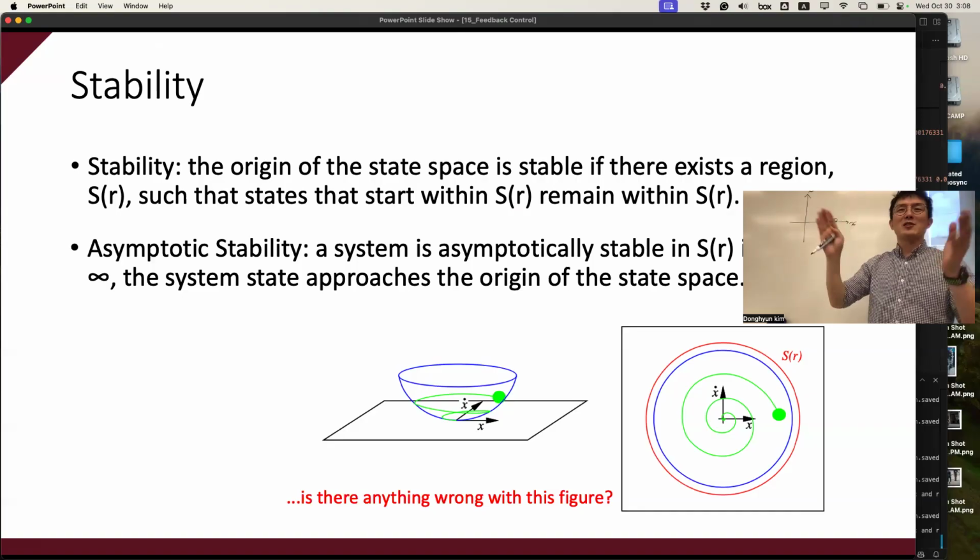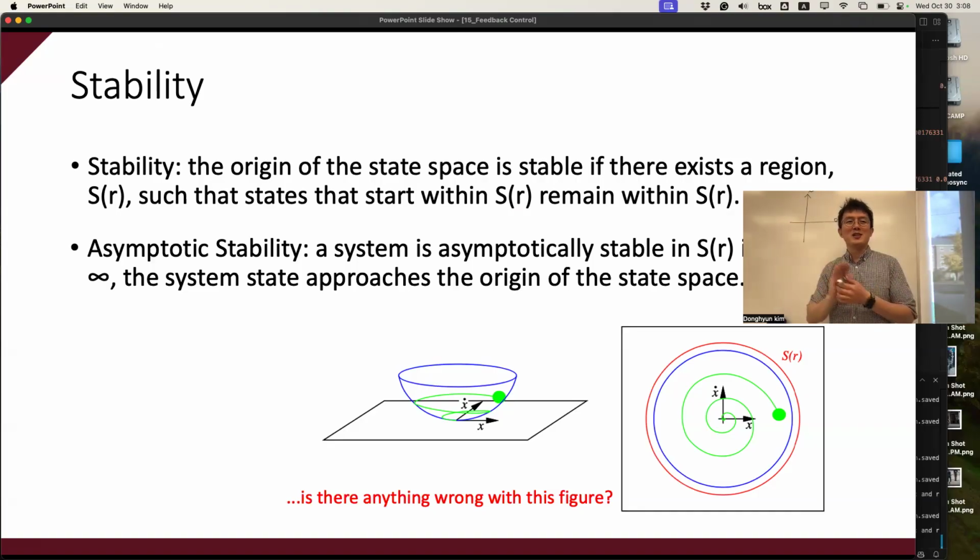So the circular movement is not the weird part. There are clearly wrong things in this figure. If the system isn't damped, then it would never reach the origin; it would just be in a circle around the origin. Actually, if the system is damped,